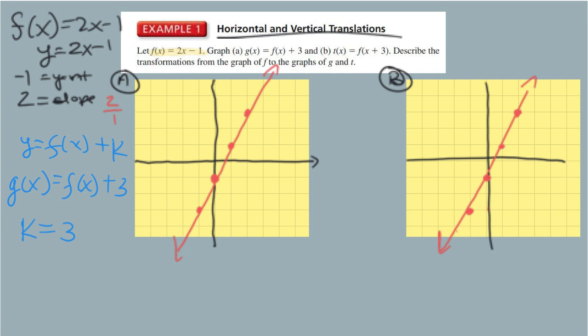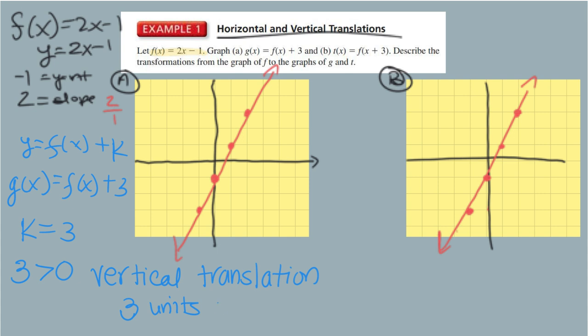So therefore, from the graph of g, it's going to be a what? I already know that this is outside, so it's going to be the k we're adding. So we're going to have a vertical translation. And is k less than 0 or is k greater than 0? k is greater. So that means we're going 3. Remember, we're getting it from k. 3 is greater than 0. 3 units